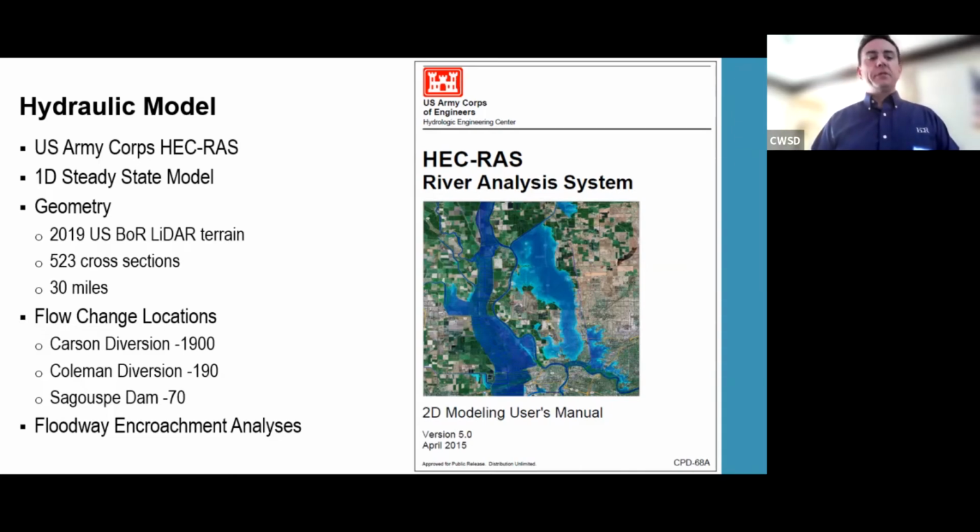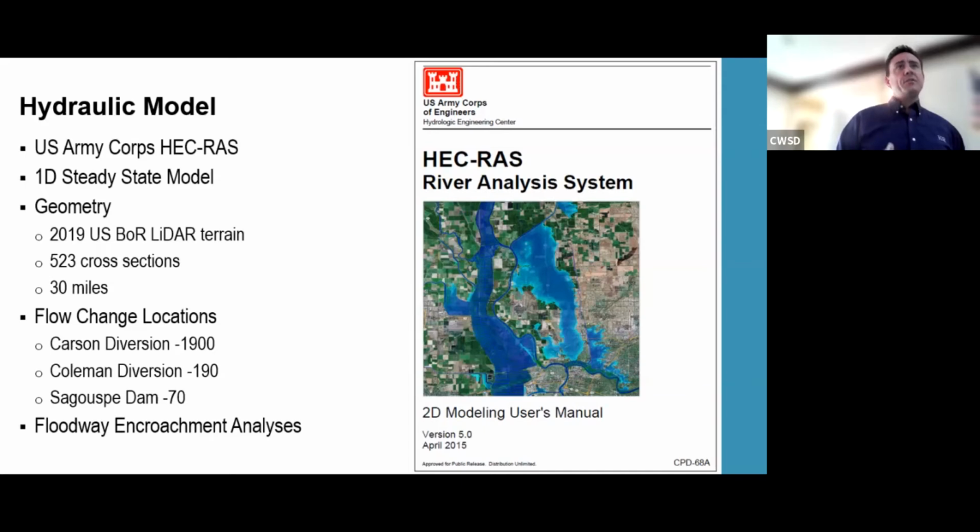So the geometry that we used is based on 2019 Bureau of Reclamation LIDAR information, or terrain information. So it's very up-to-date terrain information from 2019. We had approximately 523 cross sections that will represent the floodplain from the dam down to Tarzan Road. And it's a 30-mile reach. So we modeled those flows through this 30-mile reach. And again, I talked about those various diversions. So we did flow changes at those various diversions to simulate the 100-year